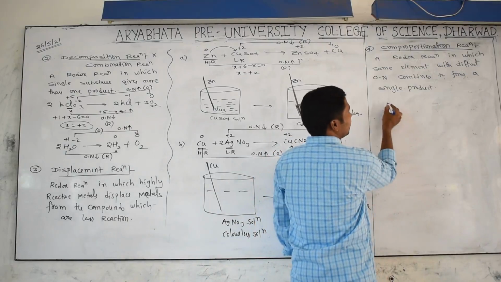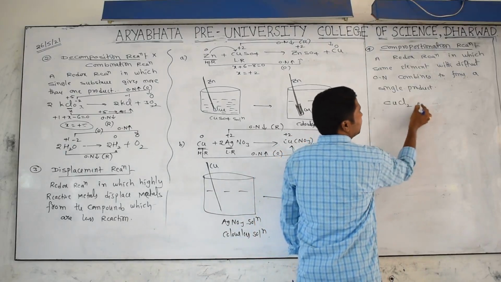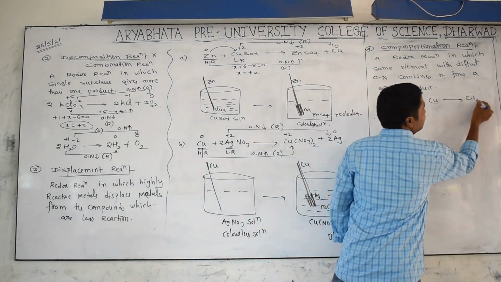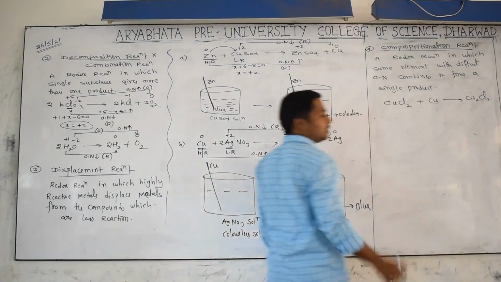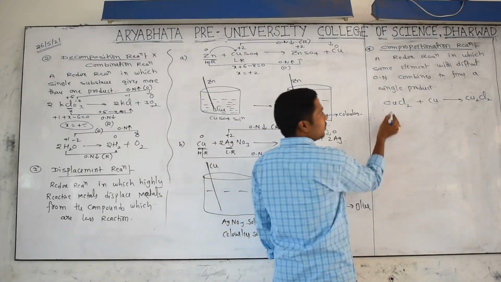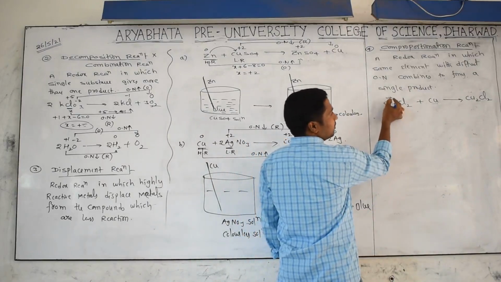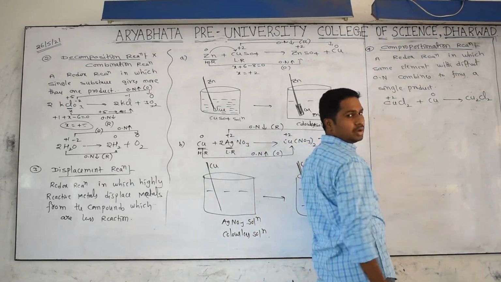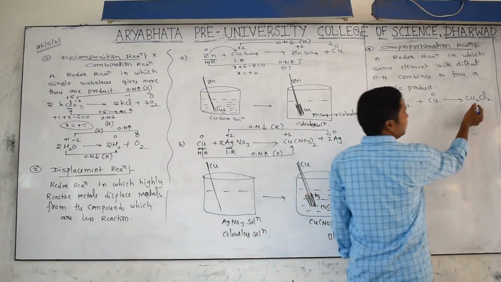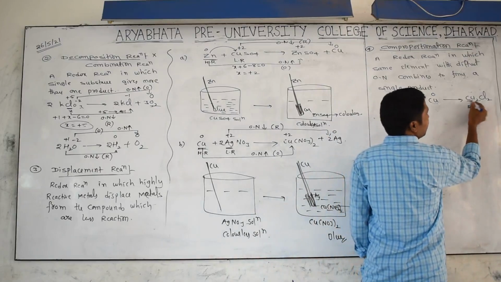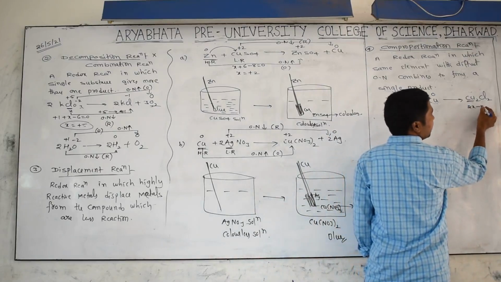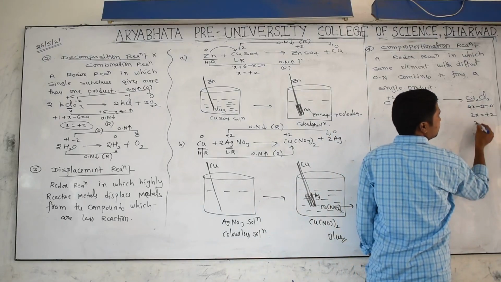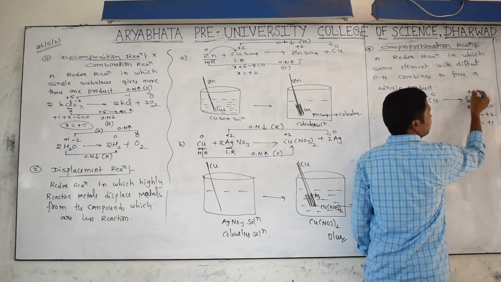You see carefully. CuCl2 is there plus Cu is there. The product we get is Cu2Cl2. It is a redox reaction. What oxidation number is here? Plus 2. Here the oxidation number is 0 because it is the pure form of copper. Here we are getting 2x for copper, which I want to find out. 2x minus 2 is equal to 0. Then 2x is equal to plus 2. Then x is equal to plus 1.